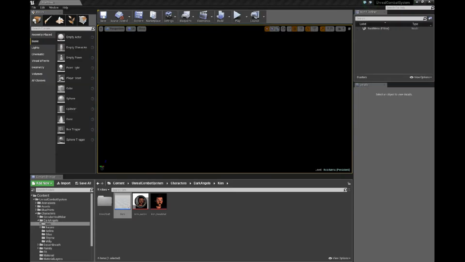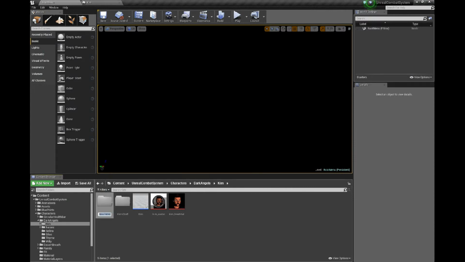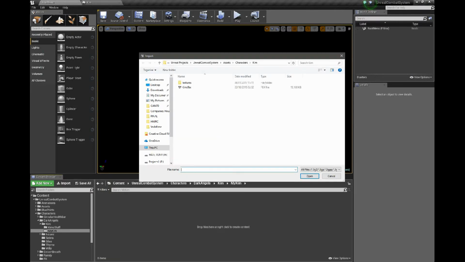So let's dock this, and let's be organized first. Let's have a new folder, and we call it my Kim. Open that folder, and let's import an FBX file called Kim. Here's the thing, if you want